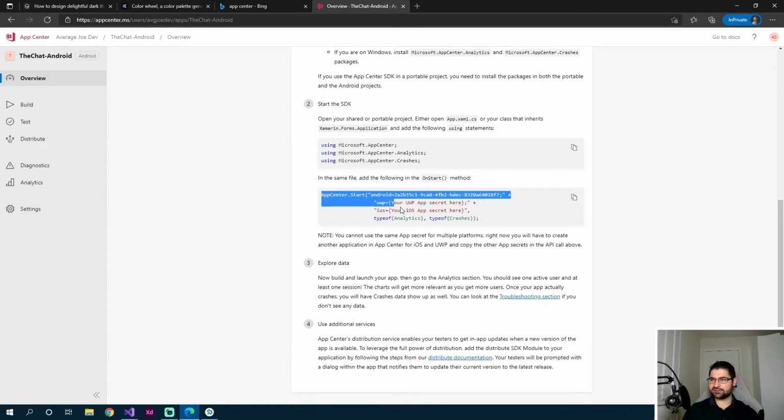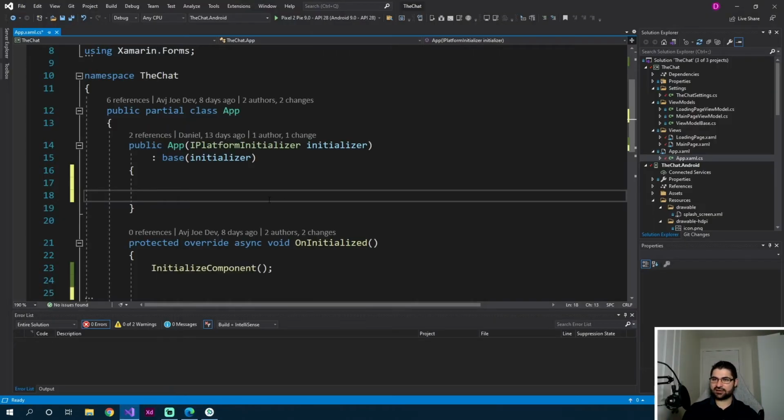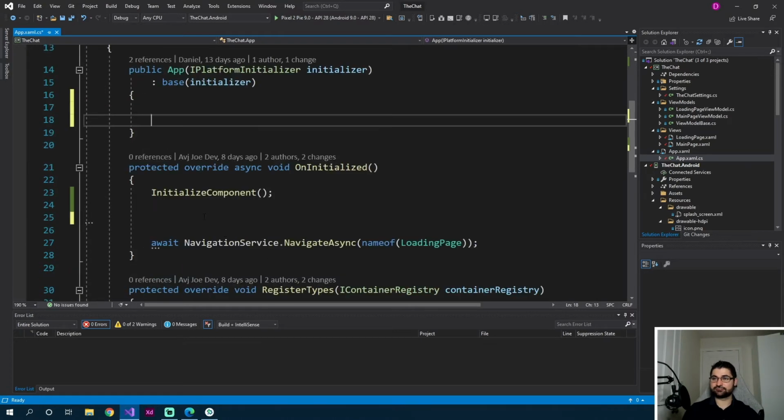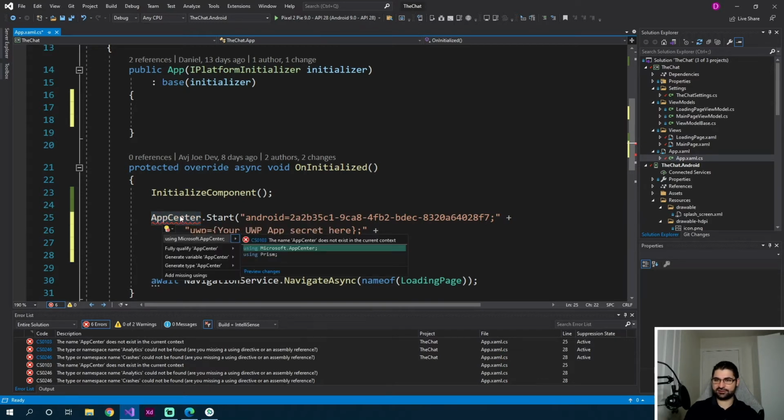So when the app loads, we need to initialize this, and because I'm in the Android project, it gives us our Android key already populated. So if I copy this into our initialize app, I will do a control dot to import the namespace,